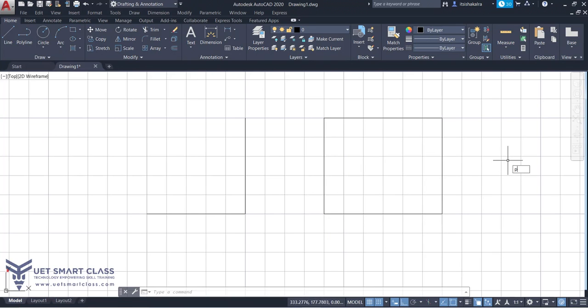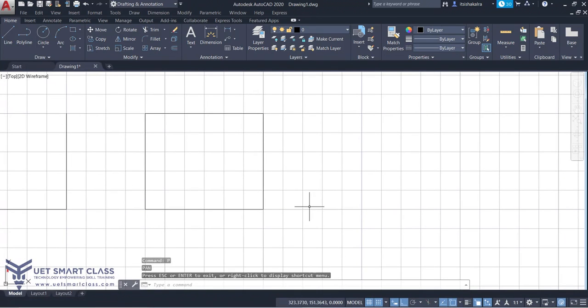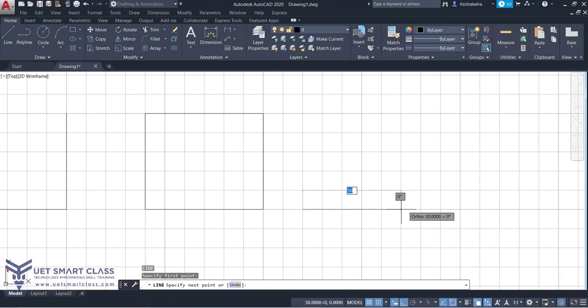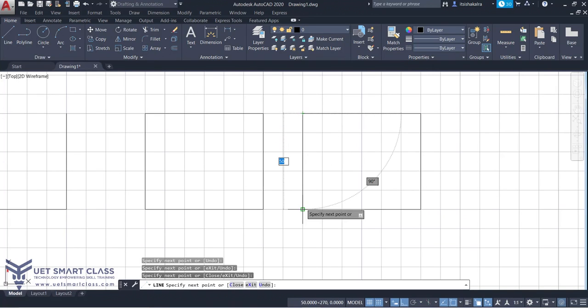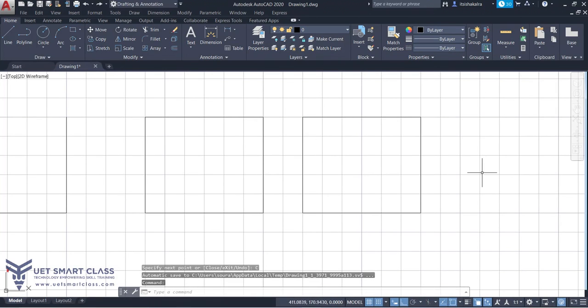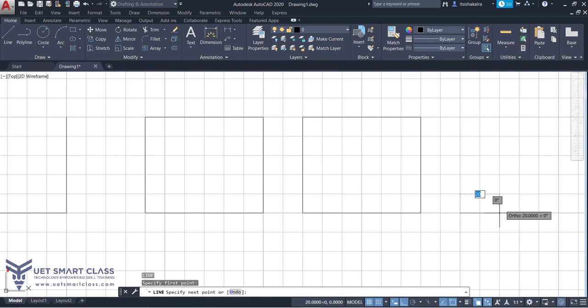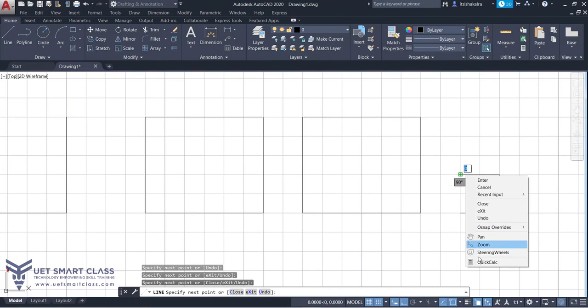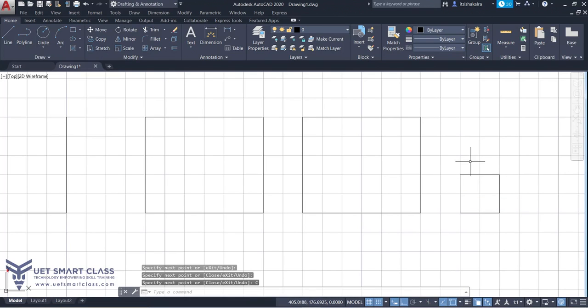All right. I'll do it again and show you. I'll enter my first point, my second point, my third point, my fourth point, and rather than taking fifth point, I'll click on close. And one more thing I want to tell you. After your fourth point, you can also right click, and this is your shortcut menu. You can close it here as well. The three options, close, exit, undo, are also present here. So you can close it. So you have three options to close.